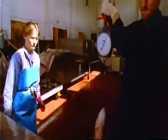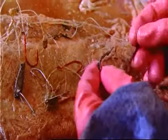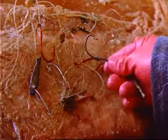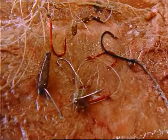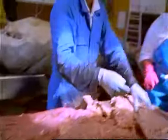Interesting hooks. Hmm. Red ones. Black ones as well. That's a big fish. Yeah, it's really very sharp. So it may not have been in it that long. The same sort of cord as this. Okay, well it's...